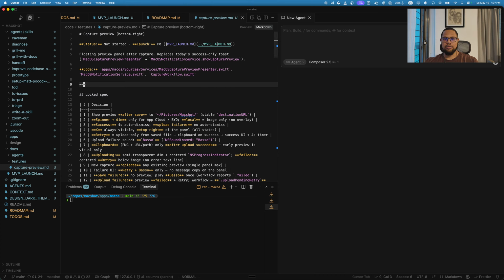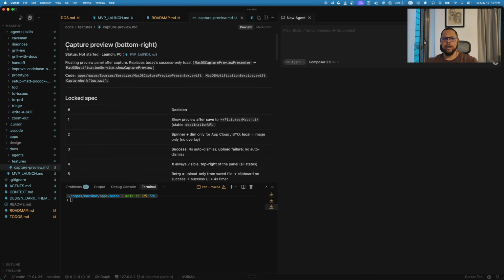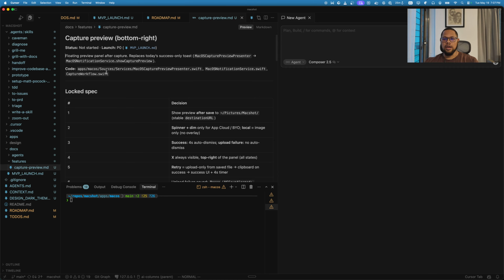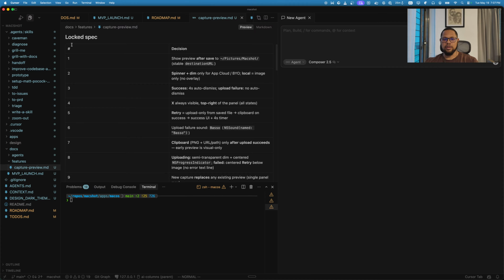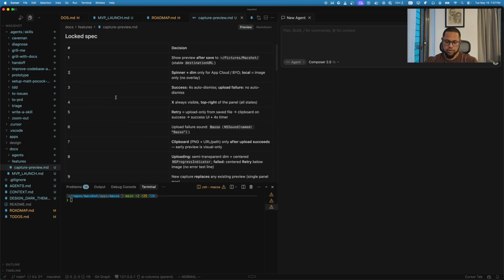And for this we have this feature. Let me show the preview. I described the feature and it's related to the MVP launch, and here are all the specs that we're going to do. So right now, if I upload the file, this preview is shown after the upload was successful, but we want to show that